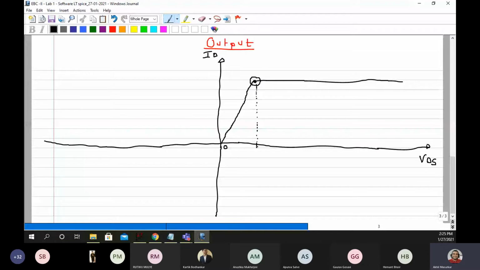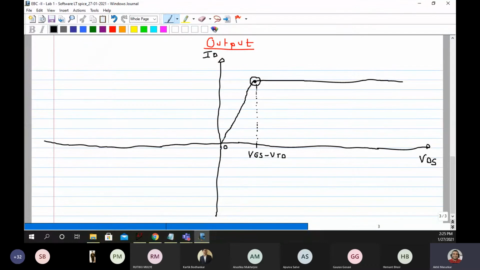This point on this axis is called VGS minus VTO point. The current becomes a constant for VDS equal to VGS minus VTO.